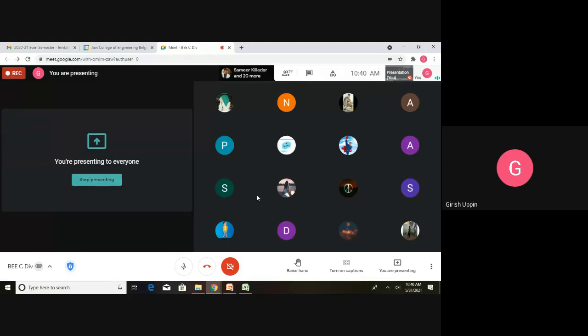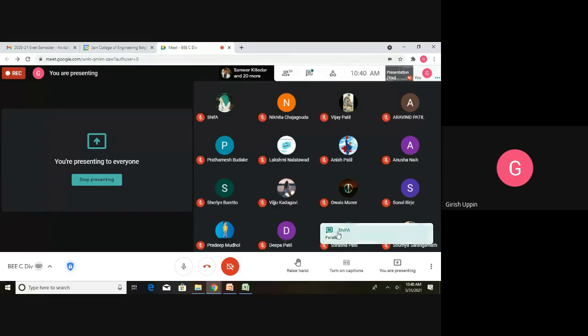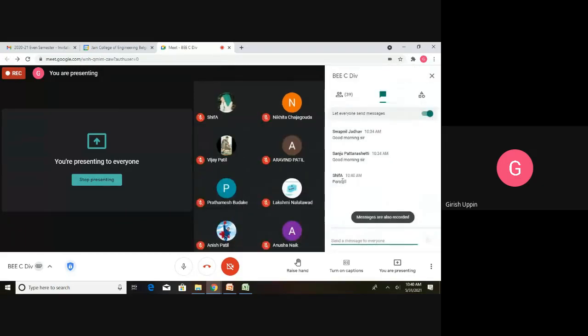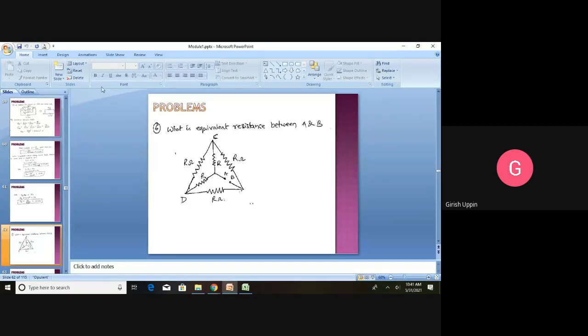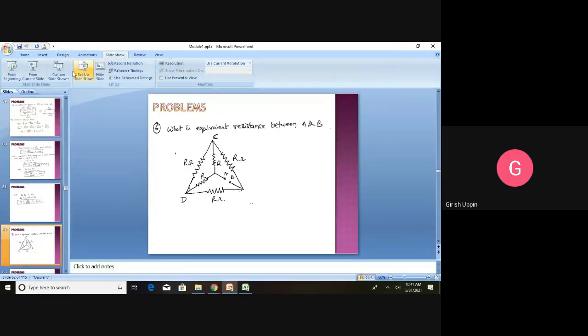What is a Wheatstone bridge? Parallel. Okay, it's okay. It needs a little more analysis before we see whether they are connected in parallel or series. Anybody, what is a Wheatstone bridge? Does everybody remember the Wheatstone bridge?